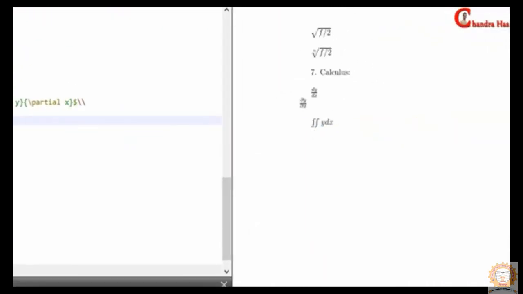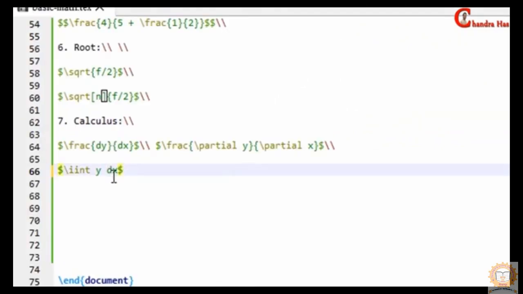Alright, but this is not the correct way. Here two important things which you need to remember. First, you need to put a small gap, and also you need to put this one in a text mode, not math mode. Okay, this is not a variable, remember this.